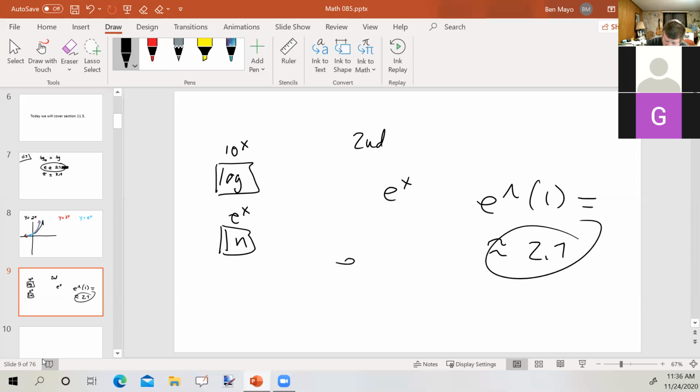If you need e squared, you'd put e to the 2nd power, et cetera, et cetera. Are you okay with that? Any questions there about finding E? I'm fine. All right, now,